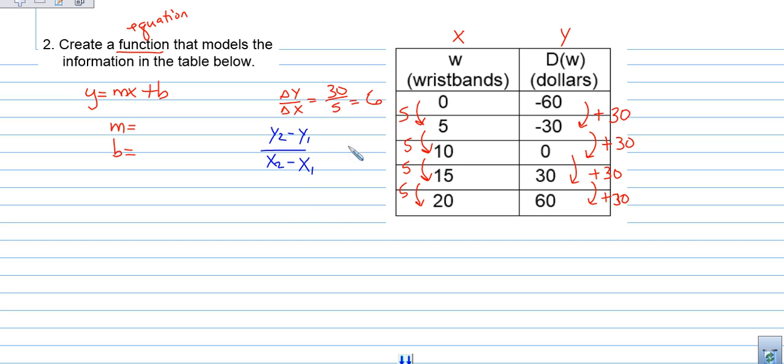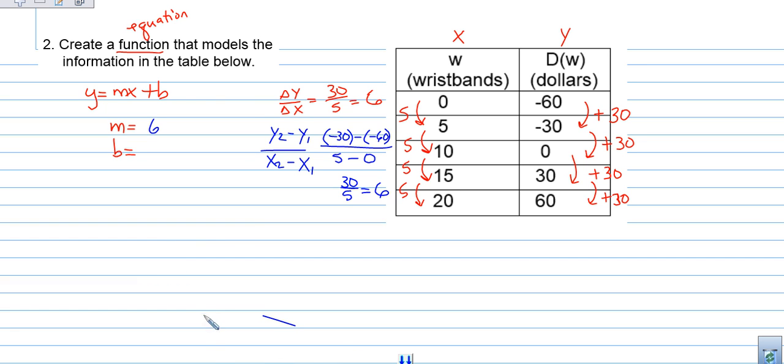So you could have done negative 30 minus negative 60 over 5 minus 0, and you would have gotten, negative and negative make a positive, 30 over 5, which equals 6. So either way that you would like to do it, it would give you the same answer. So our m is 6,